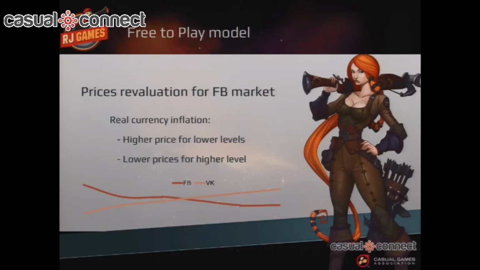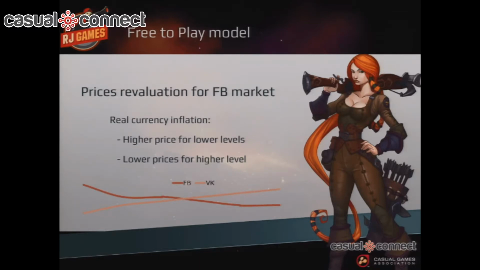Another interesting fact to add to monetization is the price evaluation, how you set prices having no products on Facebook. It's your first product, yes, you launch it after the Russian version, for example, or I don't know, Polish version, no matter. First of all, we should understand that players from North America and Western Europe can afford paying much more than Eastern Europe and Russian players. For example, first payment in Russia is like 10 cents. First payment on Facebook, like $3, $5. It's okay for these players to pay that sum.